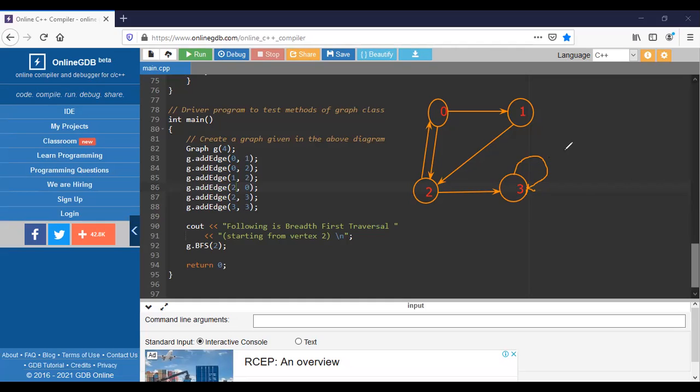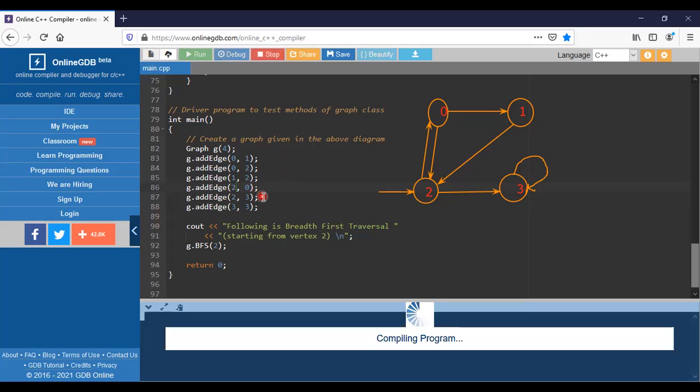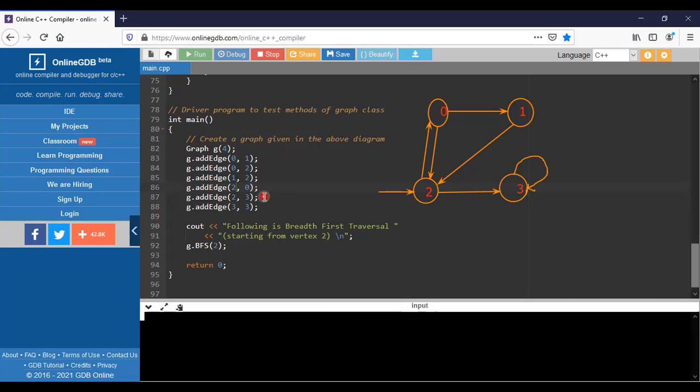So here, how I am going to traverse is, we are traversing from 2. From the 2, we need to use the values here. If we are adding another edge, what happens? Since the traversal is 2, 0, 3, 1, I'm trying to add another edge.